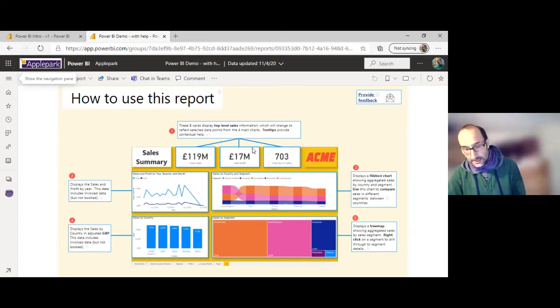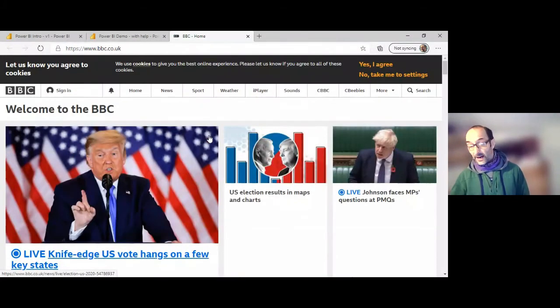You'll also notice, if you look carefully, that I've got a little icon next to pretty much every visual on here, or every help visual, which if you mouse over just says click for help. In this case, I've just put a hyperlink on there and it takes me to the BBC.